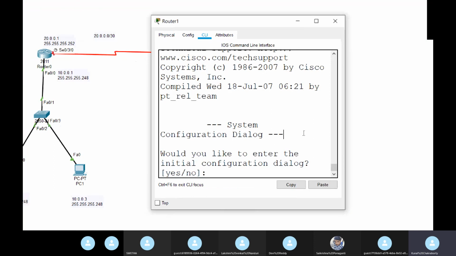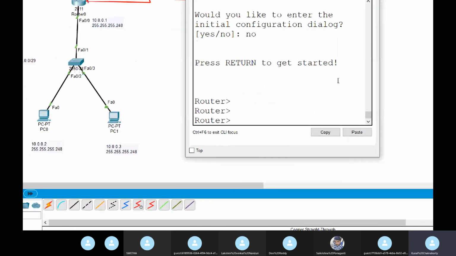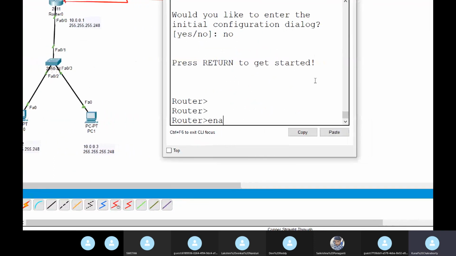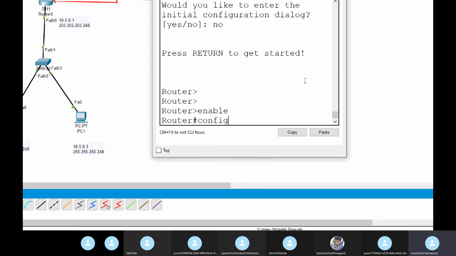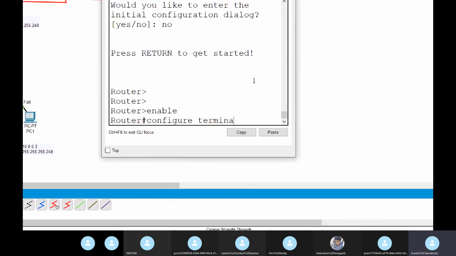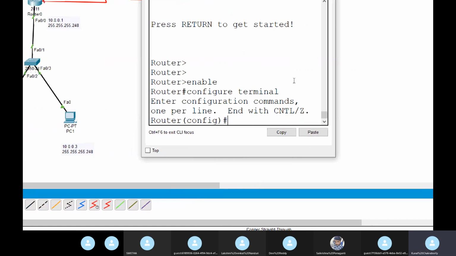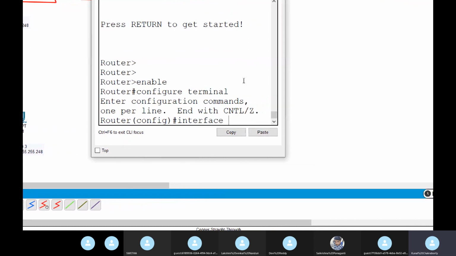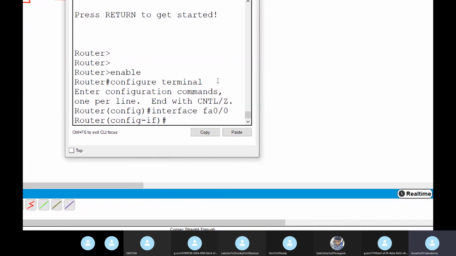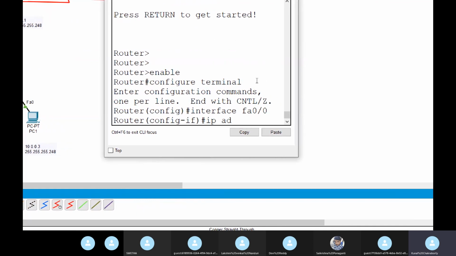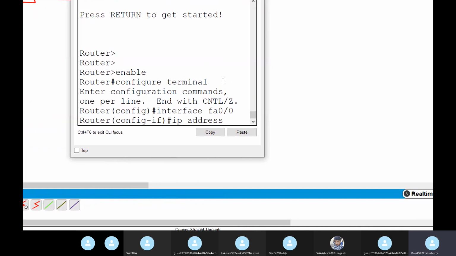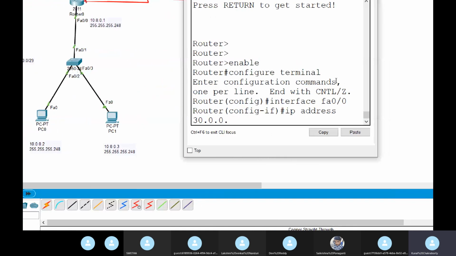First of all, enable, configure terminal, interface FA0/0, IP address 30.0.0.1.